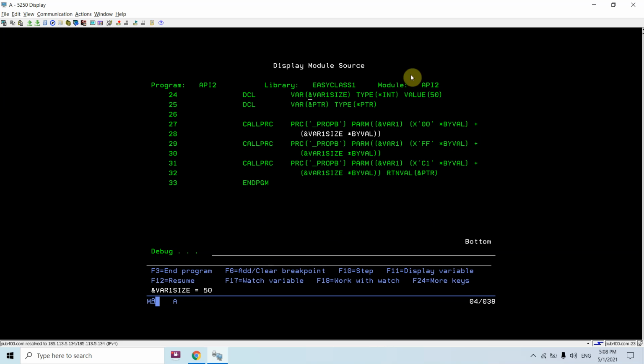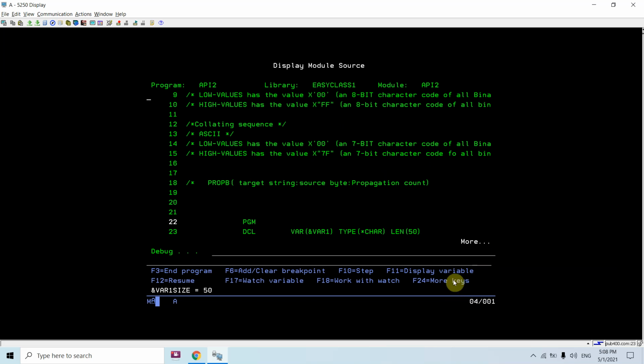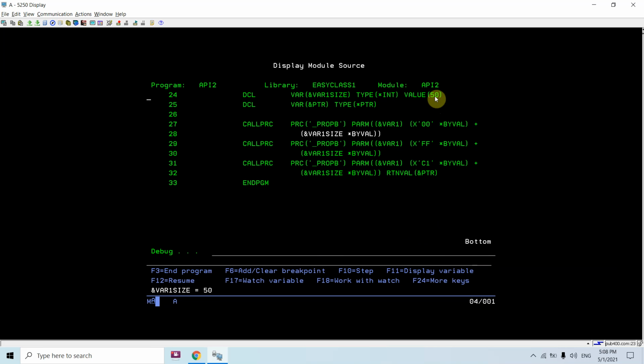So I am basically propagating the source byte till 50 length. Length 50 is basically the full length of variable 1. I can assign any value here, 1 2 3, till 50, and this is a pointer variable. Currently this is initialized with null.